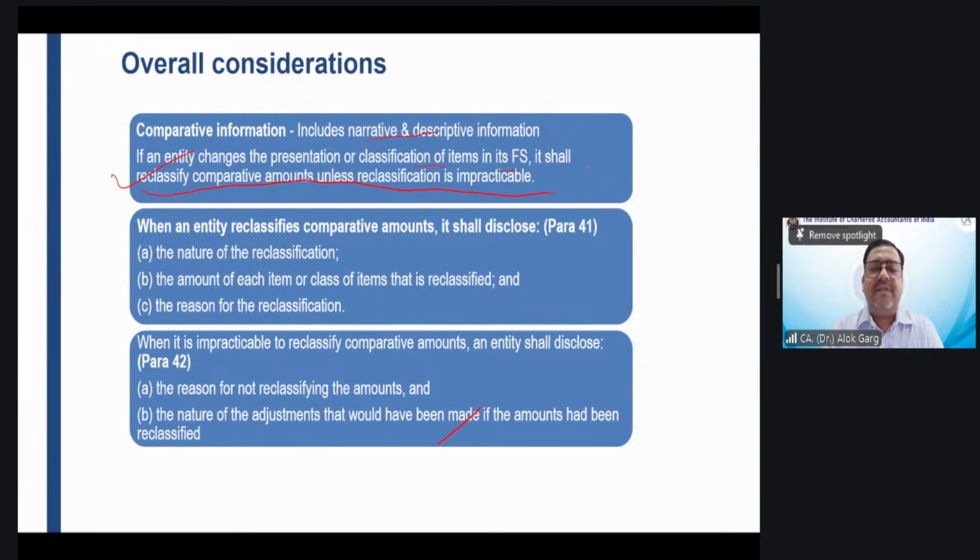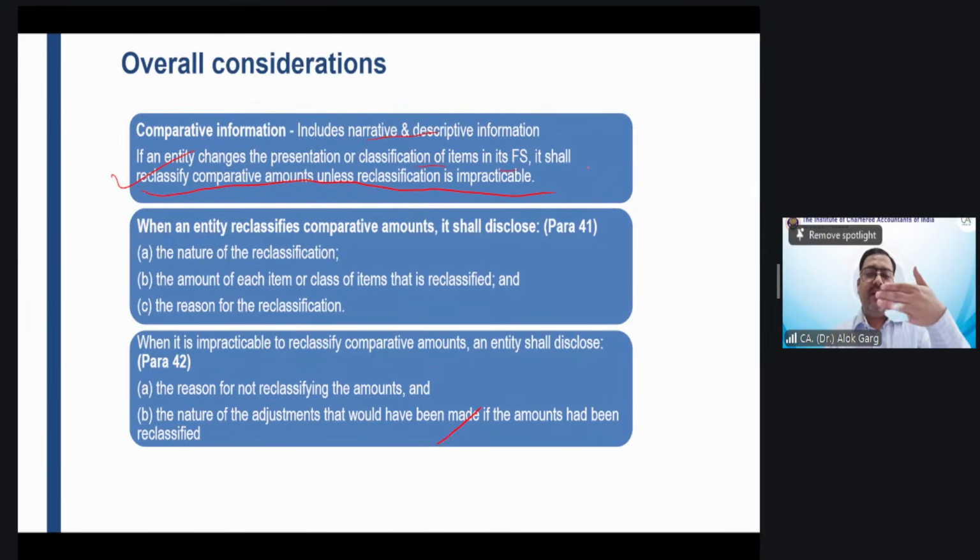Friends, last year, the printing and stationery expenses was sitting in the miscellaneous expenses of other expenses. This year, you have shown it separately as a separate line item in your notes to accounts, in your expenses section. So tell me, if you show it separately this year, the comparative figure, will you show it 0 or will you take it from miscellaneous expenses and whatever number were there, you show that number? Will you reclassify your comparative or not? Yes, you will reclassify. Otherwise, how will the reader read it?